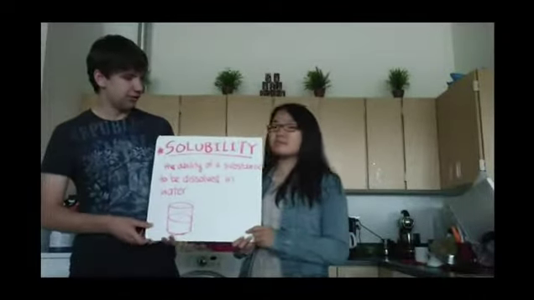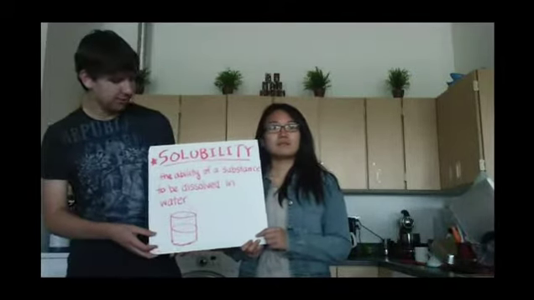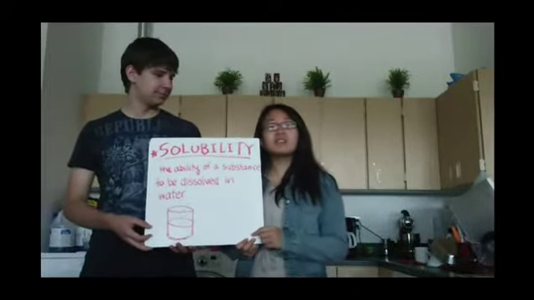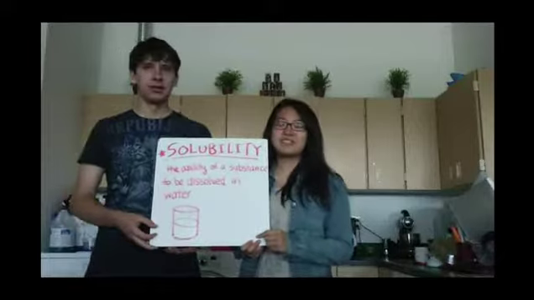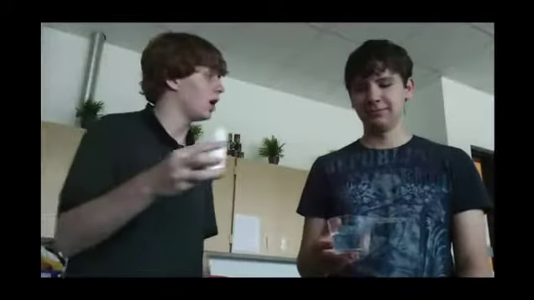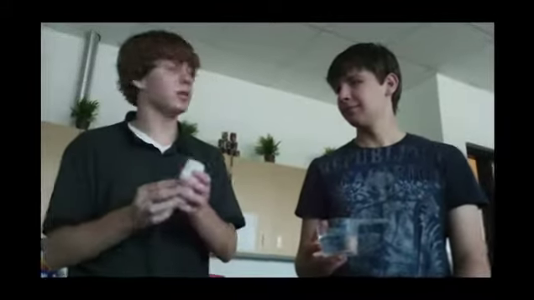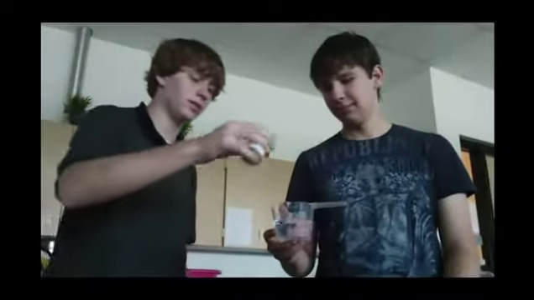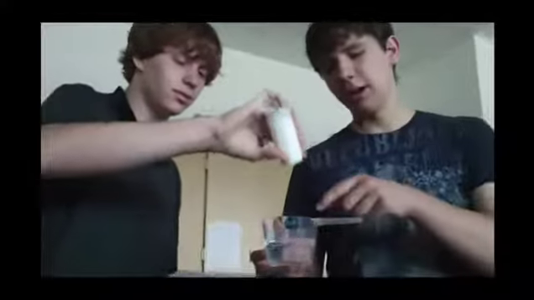I don't know. Well, to understand that, we have to define solubility first. Solubility is the ability of a substance to be dissolved in water. In other words, something that's soluble will break apart when you put it into water. An example of a soluble compound would be salt, or sodium chloride. See? When you put it in, all of the salt will dissolve into an aqueous solution. That means all parts of the solution are going to be equally homogeneous in how much salt is in the